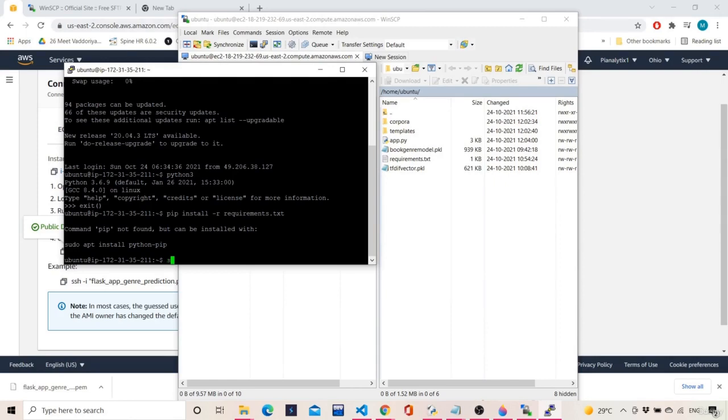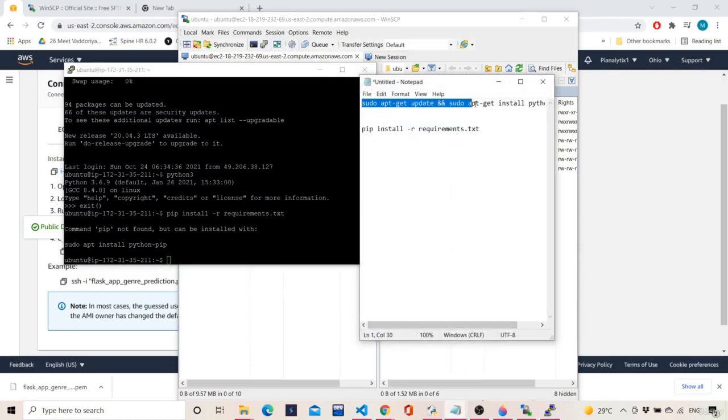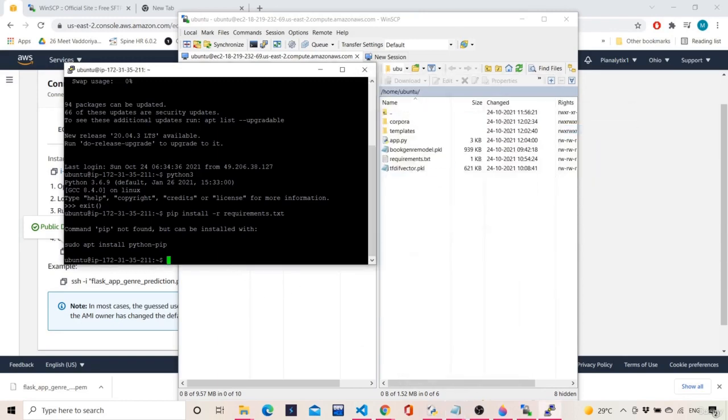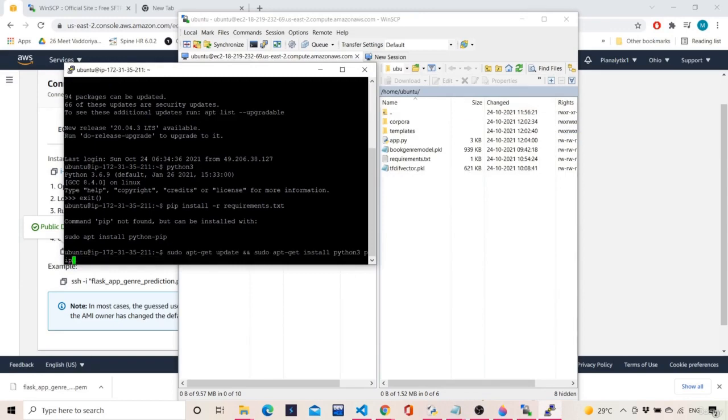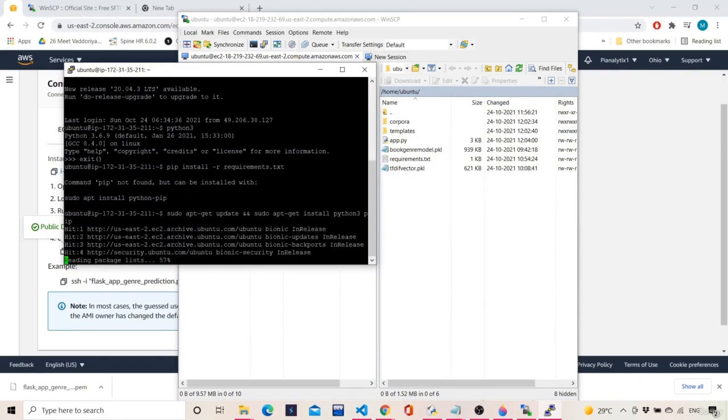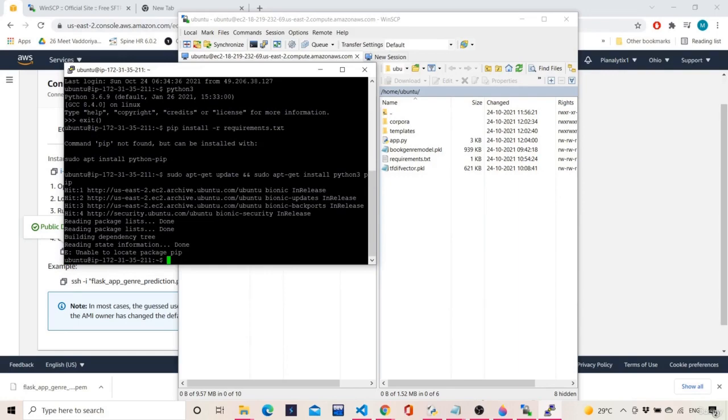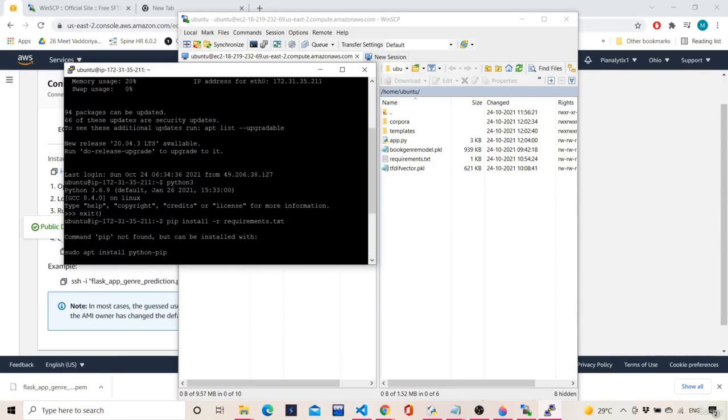So I have to write this command from here, sudo apt-get update and sudo apt install python3-pip. Enter. Yes, it is saying unable to locate package pip.